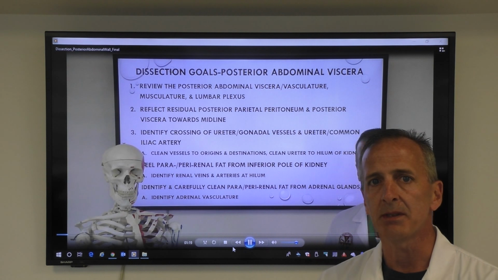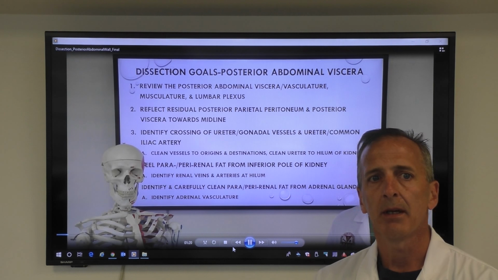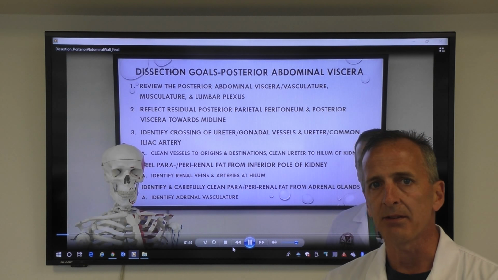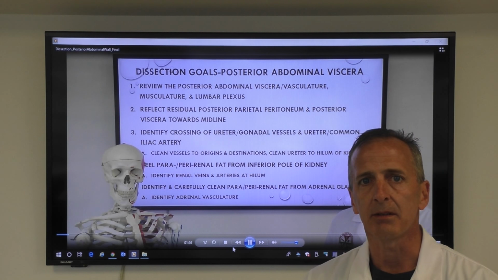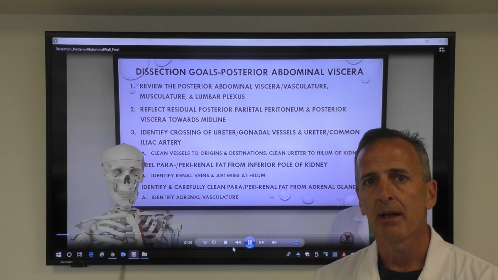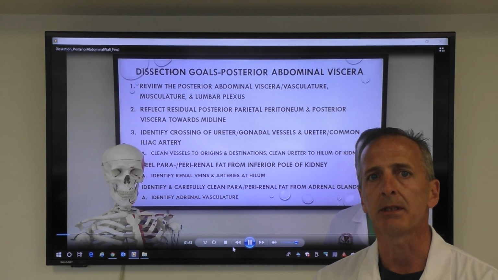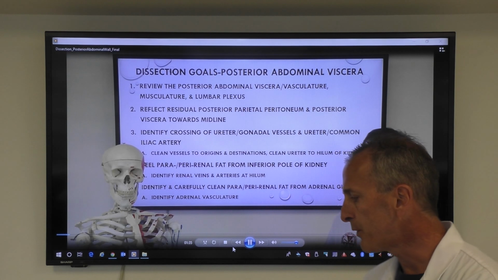Behind me you see the steps involved in a particular dissection, which will then be followed by a hands-on demonstration of the techniques that students will have to employ, as well as what the finished product should look like at the end of the laboratory section. So as we fast forward,